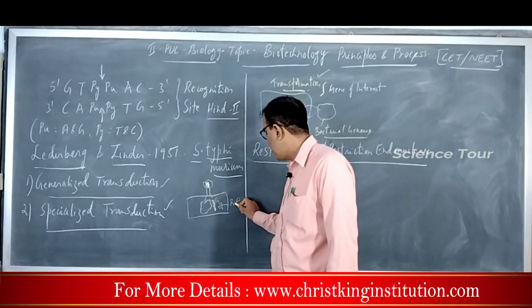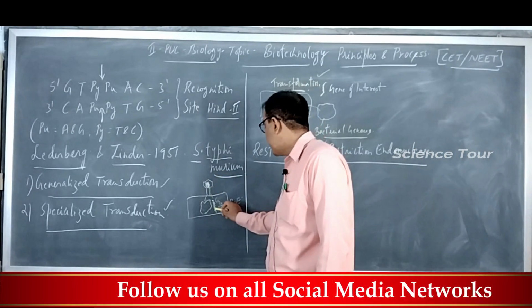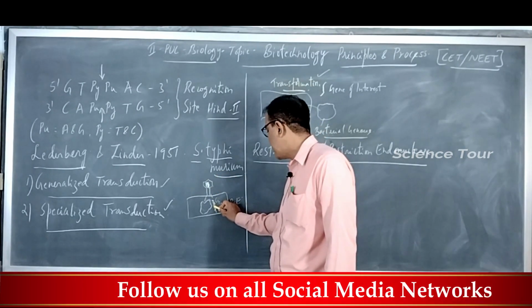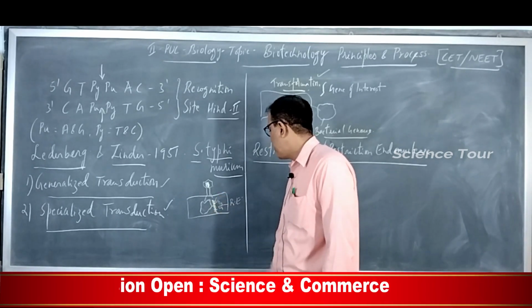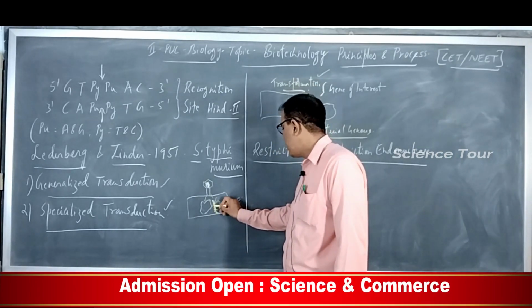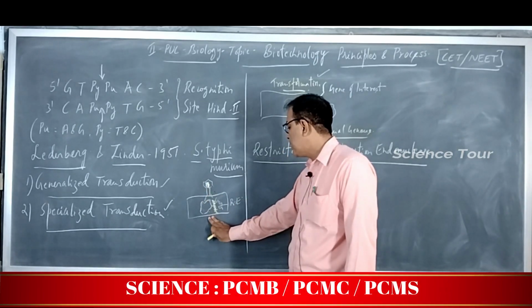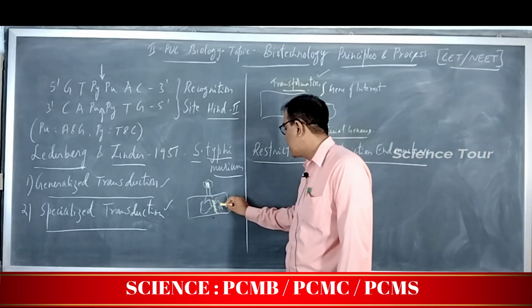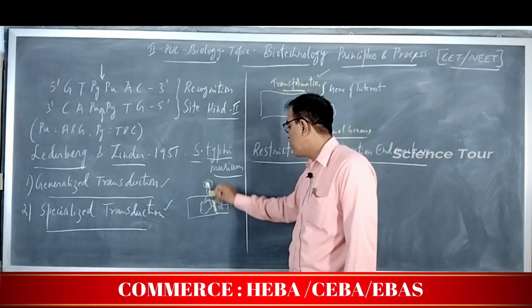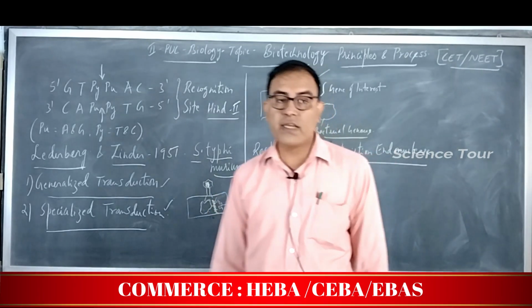But this restriction endonuclease has specific sequences and has the ability to recognize a particular recognition site of the bacteriophage DNA or genetic material, and it will cut this and break it into fragments and pieces at specific positions, so that it will not be incorporated into the bacterial genome, and hence it gives protection to the bacterial genome. So that is the importance of this restriction endonuclease, which cuts the bacteriophage DNA and protects the bacterium from infection with the virus.